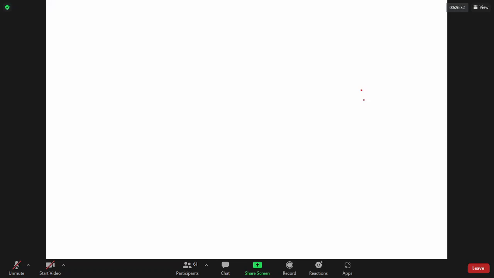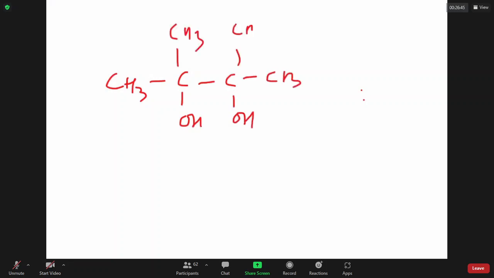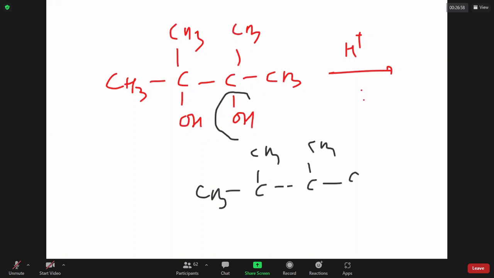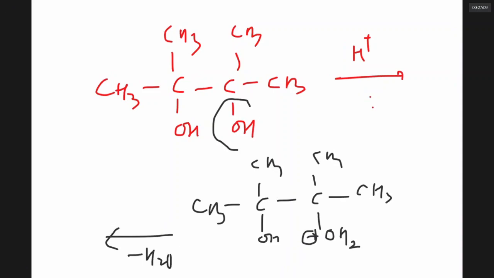Okay, I have closed the chat option and now I was talking to you about pinacol-pinacolone rearrangement. If I have a compound like this, it is called a butanediol. In the butanediol, when I use an acid, the OH will be protonated and this OH will take the proton to become this. And because this gets positive charge, it will be lost as water. So this site will be a carbocation. Here you get a carbocation.